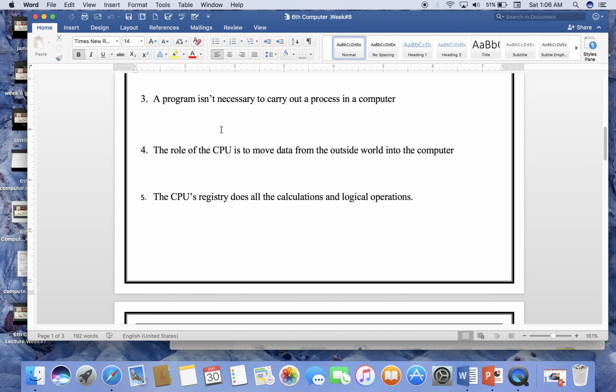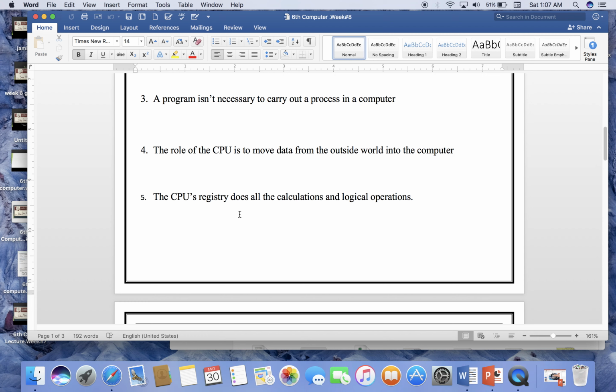Whatever you have learned from the lecture, you can recognize whether it is true or false. The CPU's registry does all the calculations and logical operations. Is it the responsibility of the registry? No. The CPU's registry does another task.